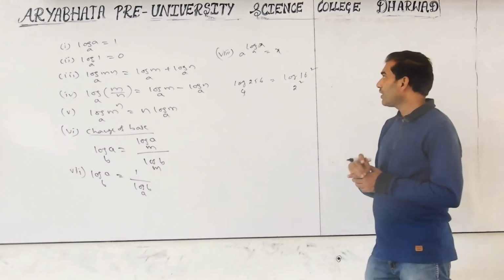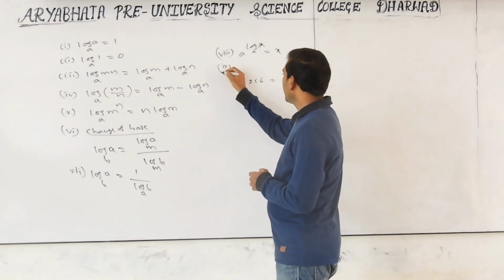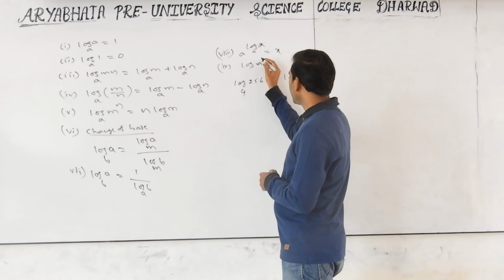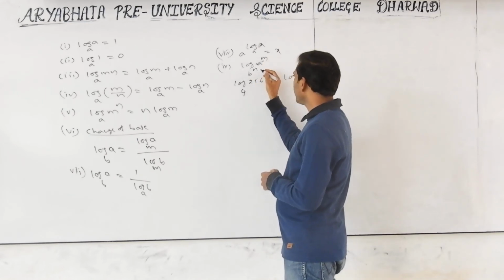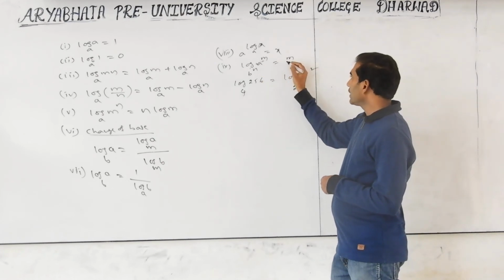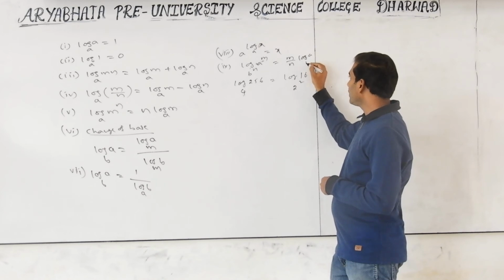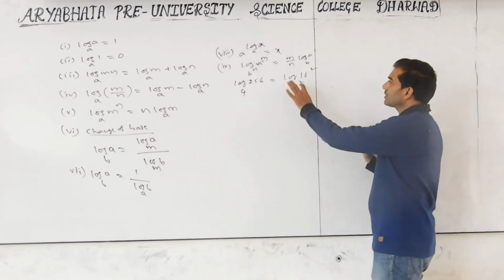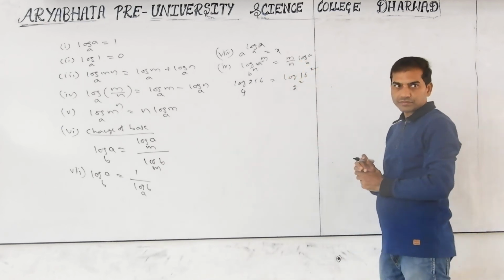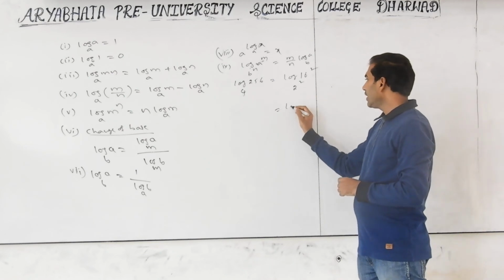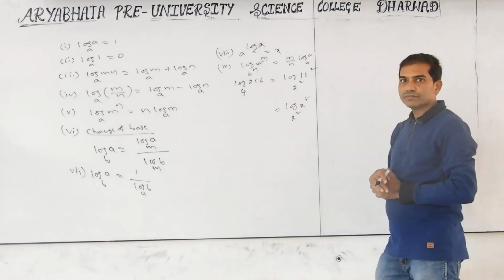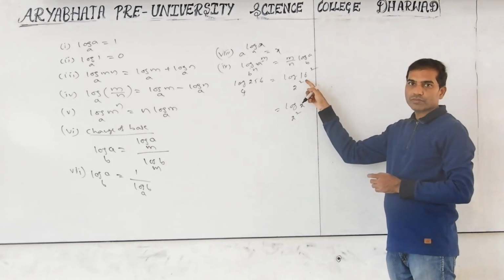Right? One more formula, I forgot this. One more property: logarithm of a power m, base b power n, equals m by n log a base b. So this is contained in this form, 16 square, 2 square. Logarithm of 2 power 8 by 2 square. 16 means 2 power 4, whole to 8.